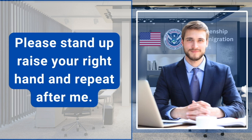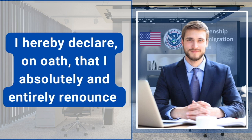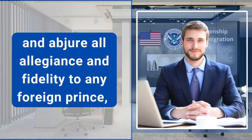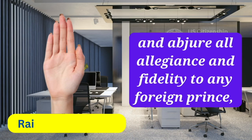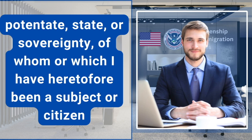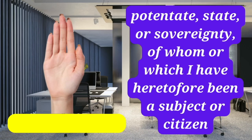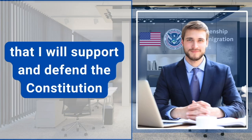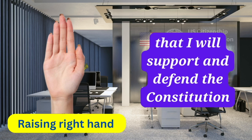Please stand up, raise your right hand, and repeat after me. I hereby declare, on oath, that I absolutely and entirely renounce and abjure all allegiance and fidelity to any foreign prince, potentate, state, or sovereignty, of whom or which I have heretofore been a subject or citizen, that I will support and defend the Constitution